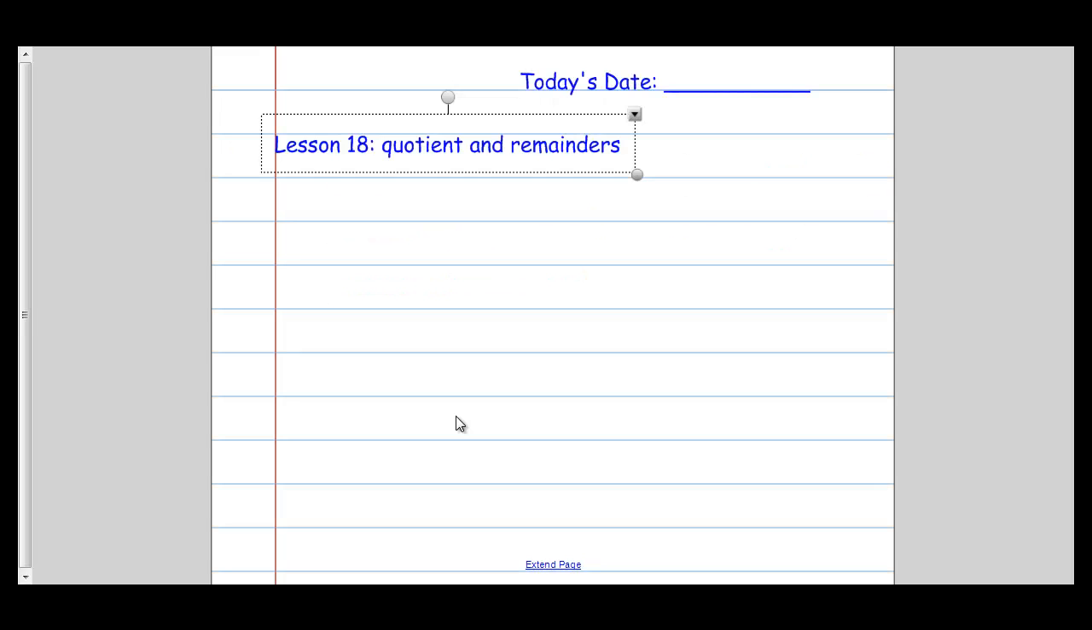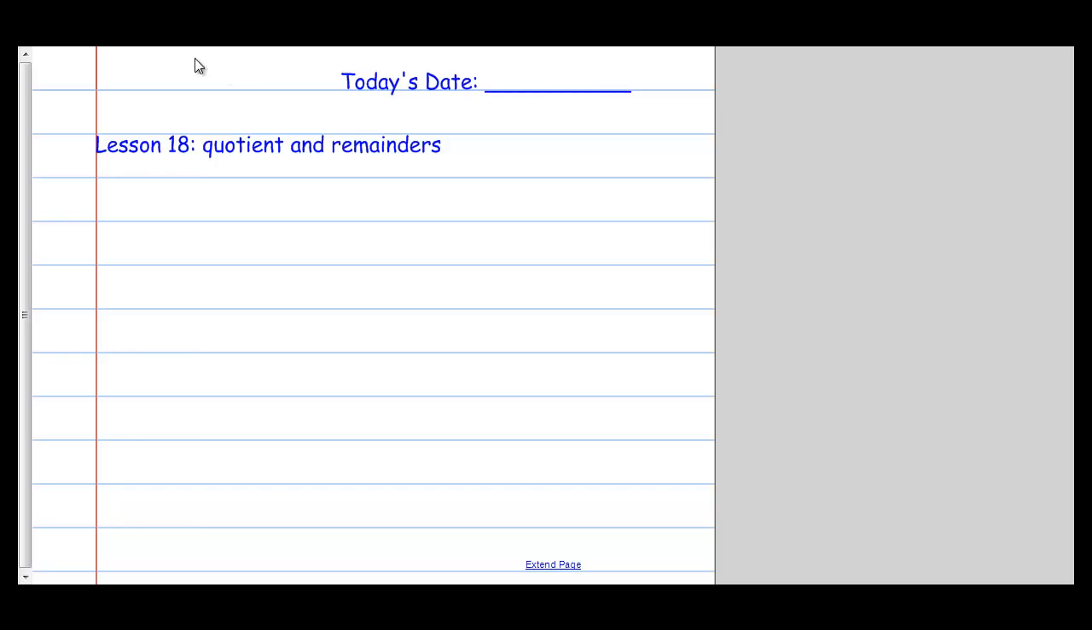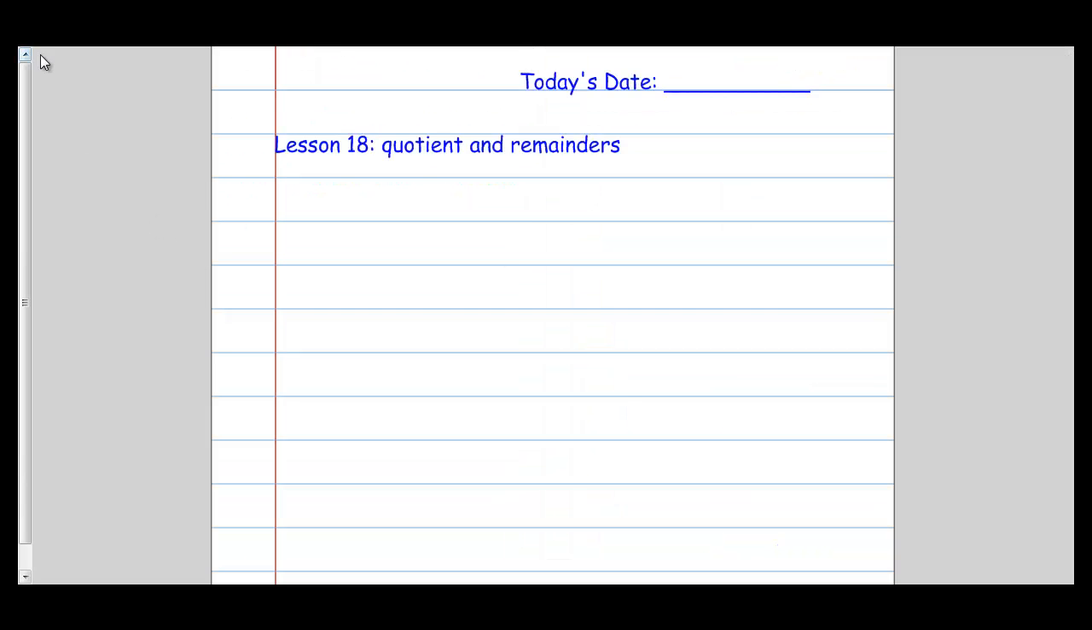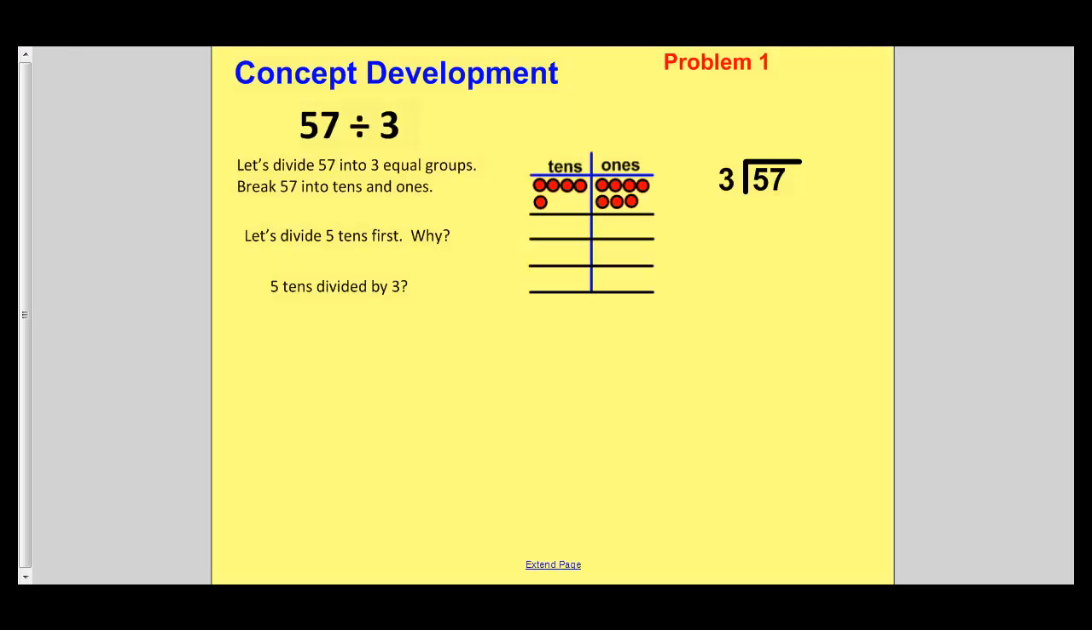So in your math journal, go ahead and get that ready for today. We're going to do 2 problems. So make sure that you write in there very neatly and that you can read your own handwriting. That's really important. Okay, first of all, we're going to take 57 divided by 3,